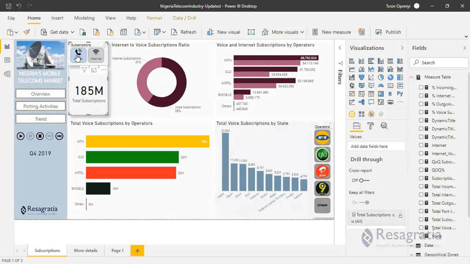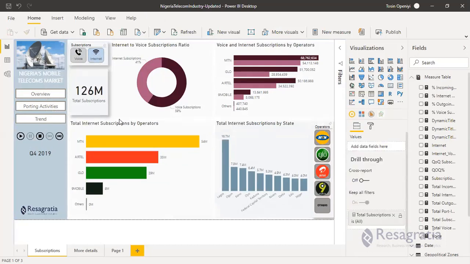Okay, so we have voice. I think we should just try to leave the card and see, but the card, I think it's okay like this, because it's only if you are not saying total internet, total voice. You understand? That makes a lot of sense. I think we should just leave it like that. It's fine.